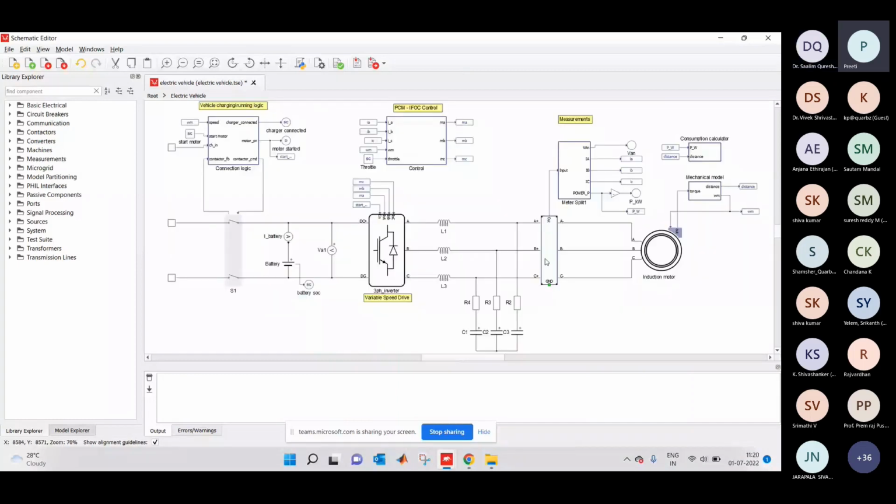With the help of this three-phase meter, we are measuring the currents and active power flow between this induction motor and this inverter. And the PCM, as I told you, basically employs a simple FOC, field oriented control based